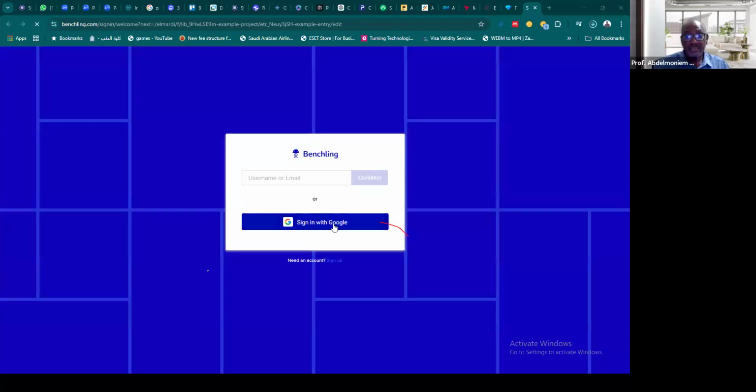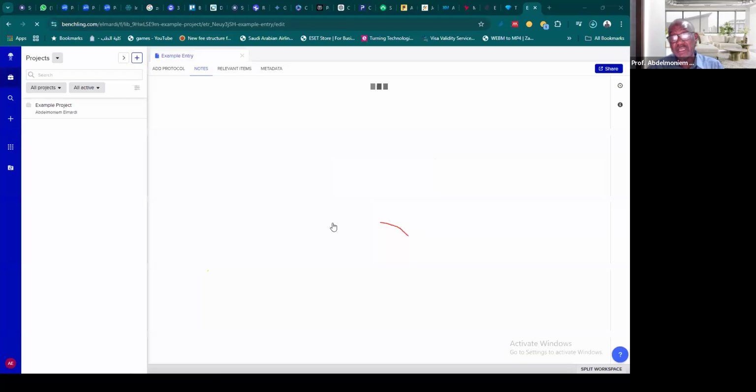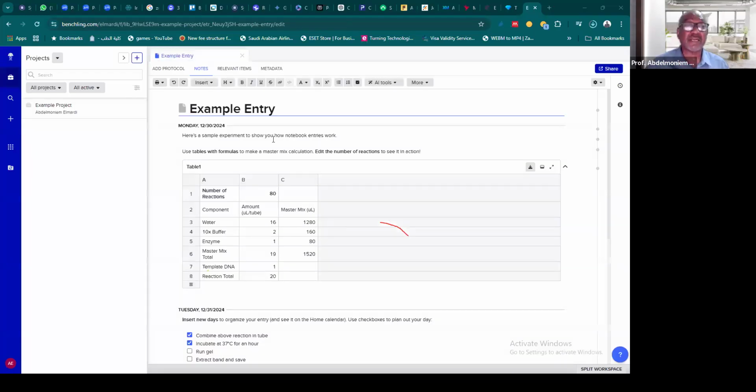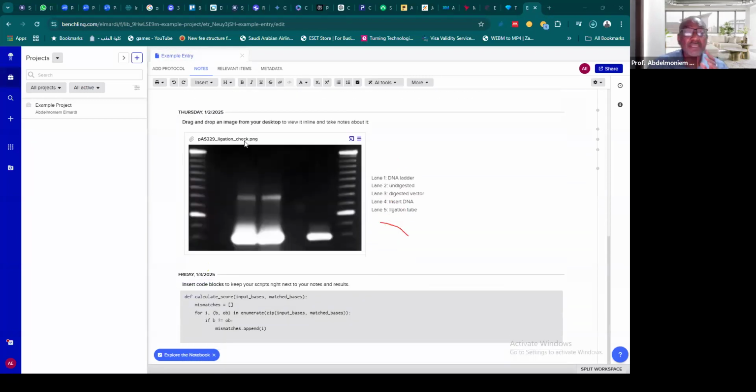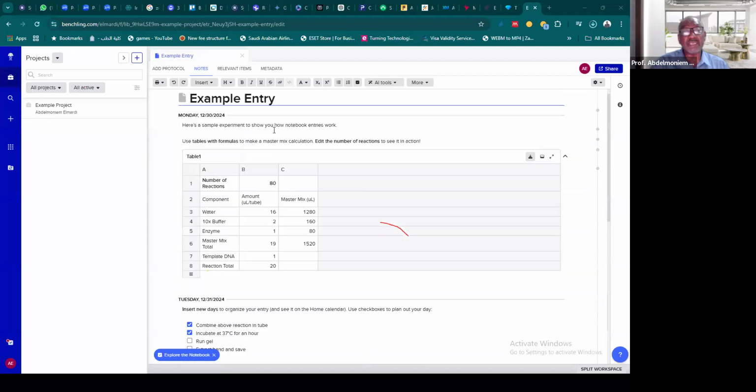And when we say data visualization, you give it data, it converts it into graphs, sometimes interactive graphs, and so on. So as you can see here, this is an example entry in Benchling, and then you can visualize the data.